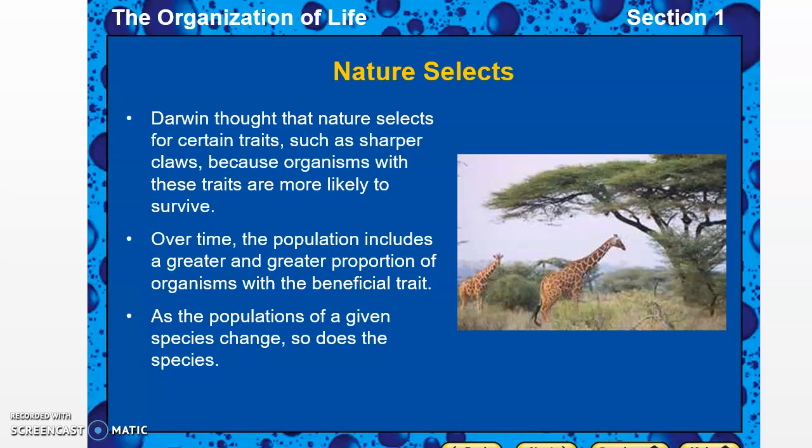So for example, giraffes. Giraffes didn't start out with a long neck. They had short necks, much like that of a horse. But because the food that they were trying to eat was up high in the trees, they were dying because their necks weren't long enough to reach the leaves and stuff that were up in the higher part of the tree. So here comes this giraffe that has an unusually large neck.